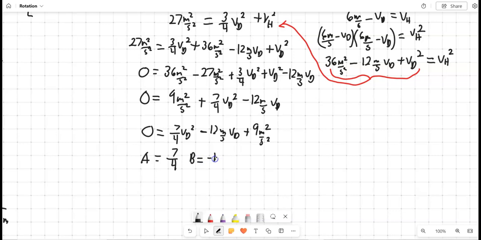The negative 12 is going to be our B coefficient. And this last one is going to be our C coefficient. So when we use the quadratic equation calculation on this,